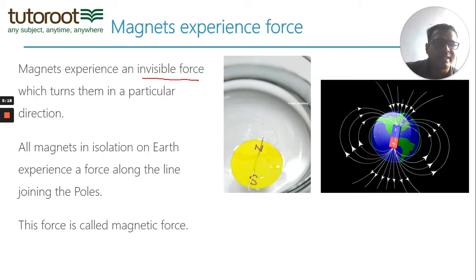Whenever you place any compass at any point here, the compass will always point along the arrow directions as shown here. Here you can see that the earth is shown as a south-north magnet, which we'll talk about later. Let's not go into that right now. We say that the earth has a magnetic force in and around it. The directions are shown by the arrows here. Whenever a compass is placed anywhere on the earth, it aligns itself in the direction of these arrows.